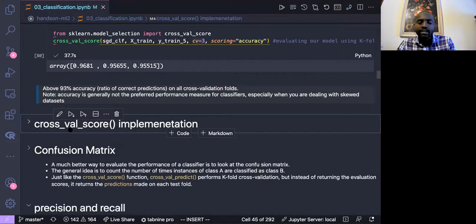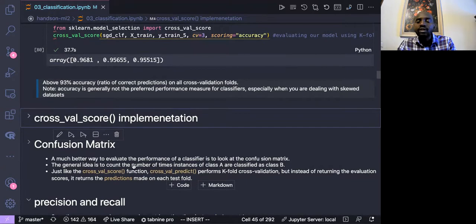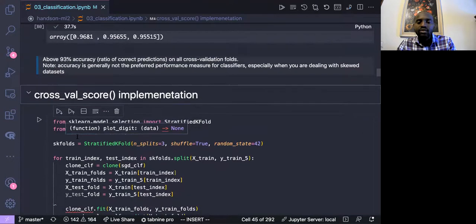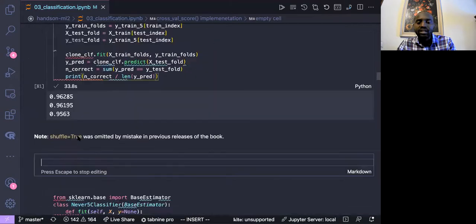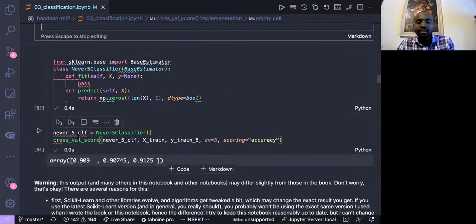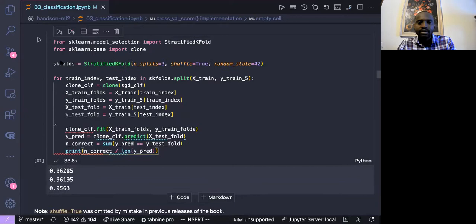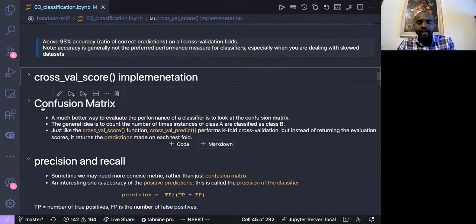So what we're going to see here is another performance measure that can deal with this issue even if you have a skewed data set. And here is actually a cross-validation implementation from scratch, which we may not necessarily need. I may not go through this one because of time. So the next one is the confusion matrix,